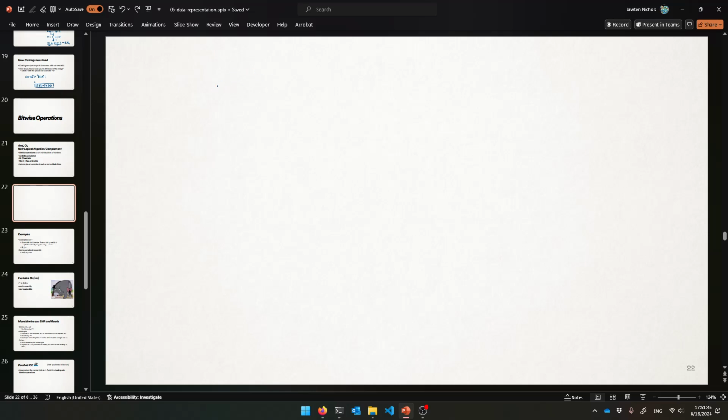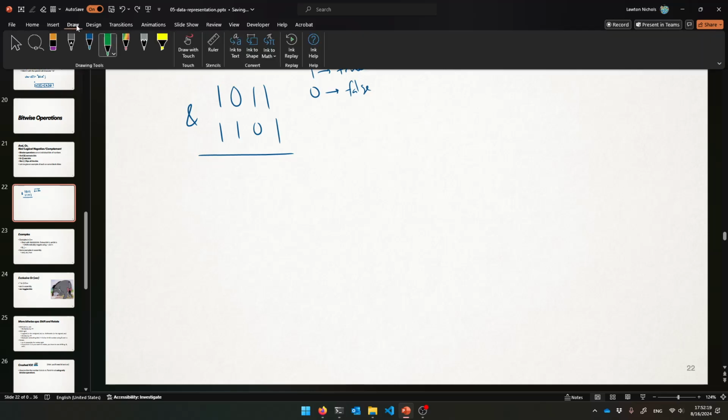All right, so let's say we have the numbers, I'm going to use binary right now, but assume they're stored inside of C++ in variables. Like we have a variable that holds this in binary, 1011, and we have a variable that holds 1101 in binary. You can give both of those variables and put an ampersand in between them, and C++ will do the bitwise AND of those two numbers. And so the way it works is it interprets 1 as true and 0 as false, and it lines up each corresponding bit,